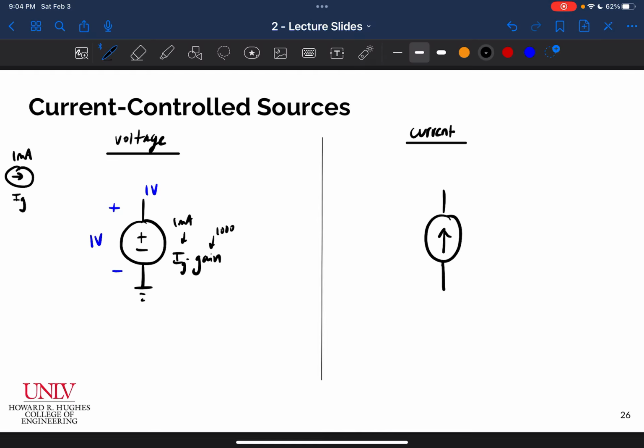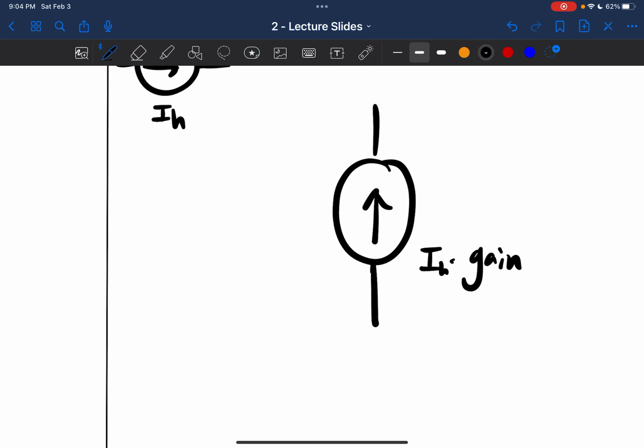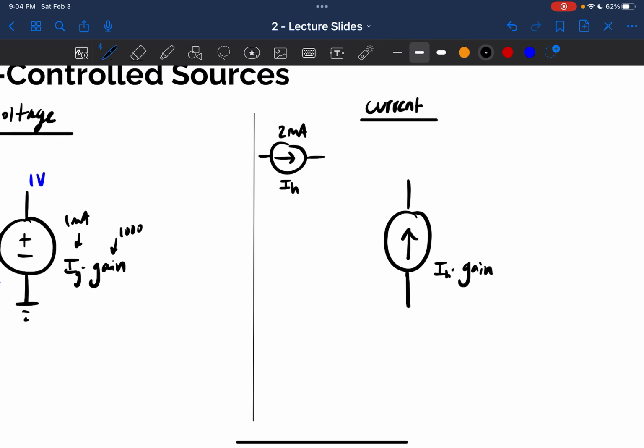Very similar. If I have my current that I want to multiply by my gain, I'm going to have some current somewhere else in my circuit. Let's say in this case it was 2 milliamps somewhere else in my circuit that I'm interested in, and I'll call this IH, I guess, just because. And so if my gain is, let's say my gain is 3,000 in this case, and I have IH here,